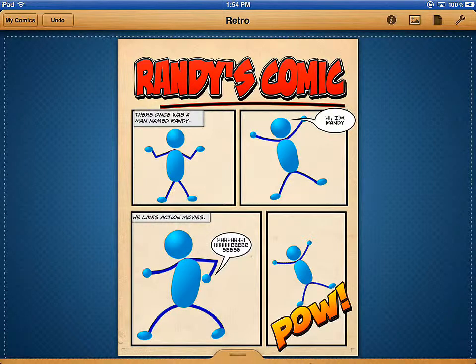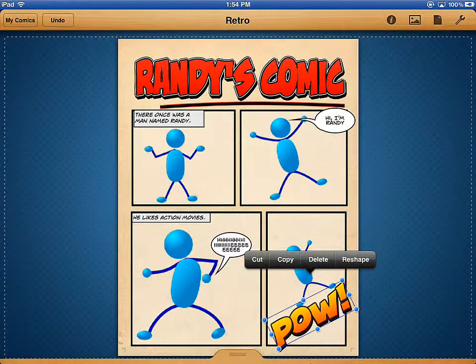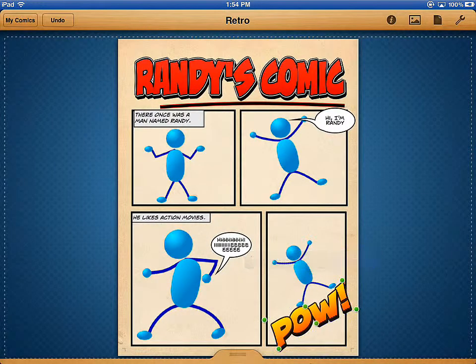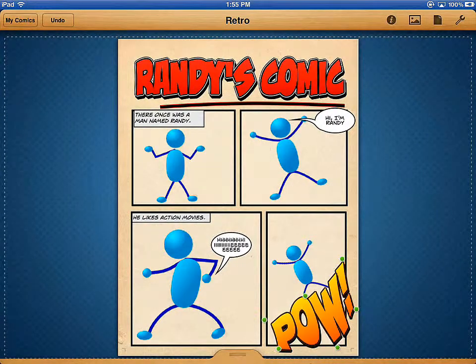I could be done here, but there's one more thing I want to do. And I want to show you this option with titles. I'm going to tap the title, pause, tap a second time. So that's not a double tap, that was two taps. And I'm going to choose Reshape. Now my blue circles are green. I can click and drag a green circle and change the shape of my text,